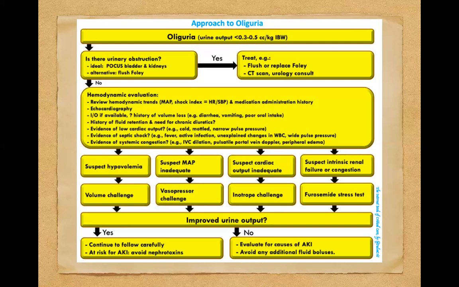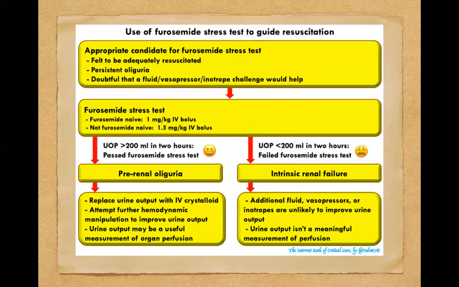And I think for us, a lot of the time, it's actually related to perfusion, but looking at the entire picture, always discuss with someone before doing a knee-jerk, let's give furosemide, because it gives you a false sense of security when you're peeing a large volume, but it's a poor quality indicator. Yes, you're passing volumes of urine, but it's not actually changing the function of the kidney, and it's not changing the prognosis, but it gives you a false sense of security because there's some pee coming out, right?